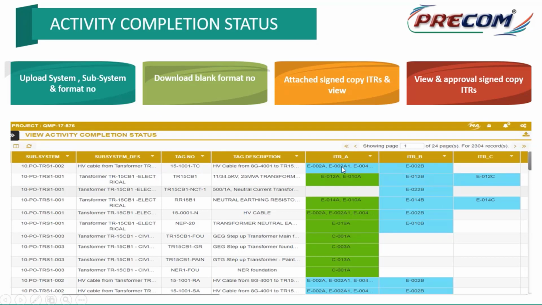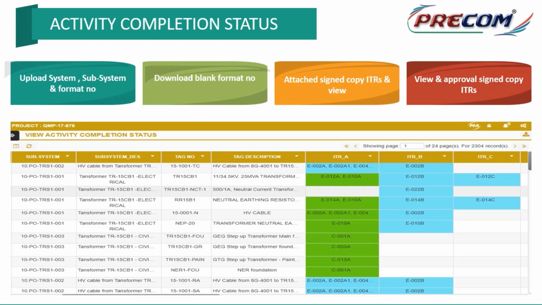Once all the AITRs of all the tags of a particular subsystem are completed, that subsystem will be eligible for my CCC, that is the first stage of approval. After CCC, the BITRs can be completed. Once all the BITRs of a particular subsystem are completed, then it goes for construction clearance, mechanical clearance, MCC, and finally it goes for SCC. So one system, multiple subsystems, each subsystem will be completed with respect to CCC, MCC. Once CCC and MCC are completed for all the subsystems, then the system report, that is SCC,